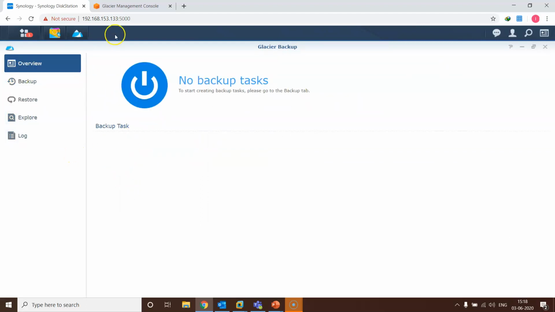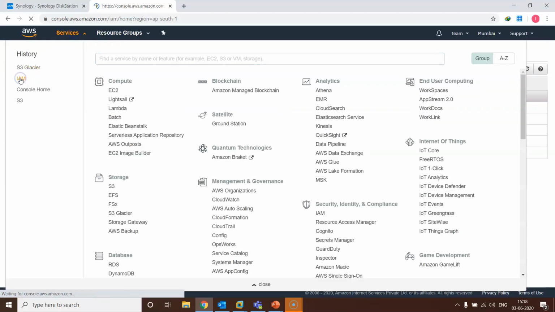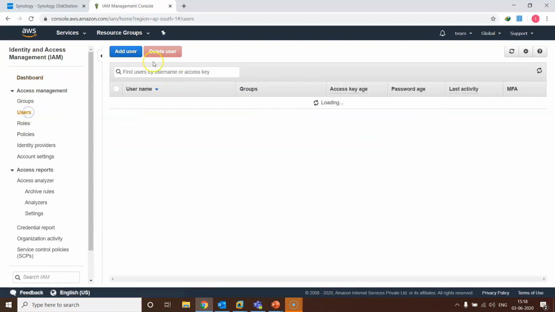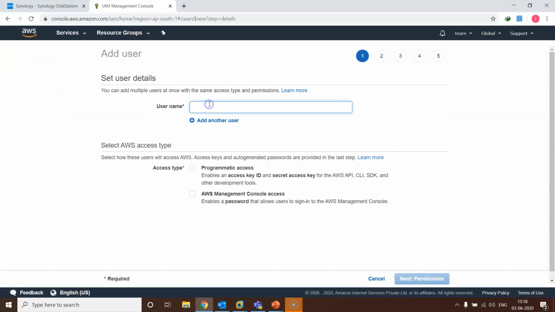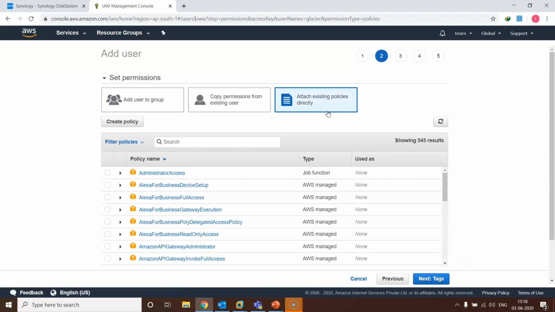The next step is you need to go back to the AWS account, go to Services and create a dedicated user for this Glacier backup. Go to Users. You need to create a user with the name Glacier, or you can use any username. Right now I'm using the Glacier username. You need to select programmatic access. Next, you need to give the Glacier permission.